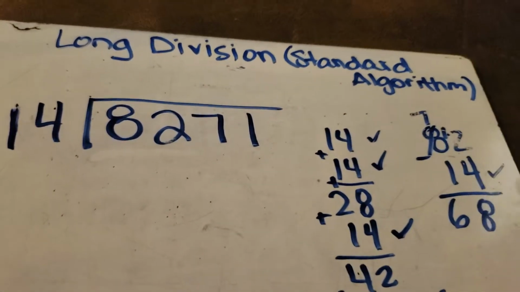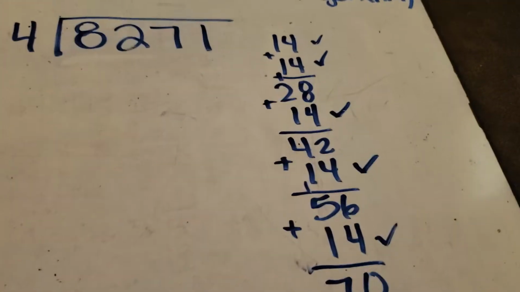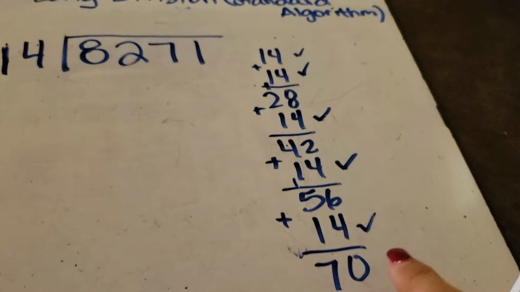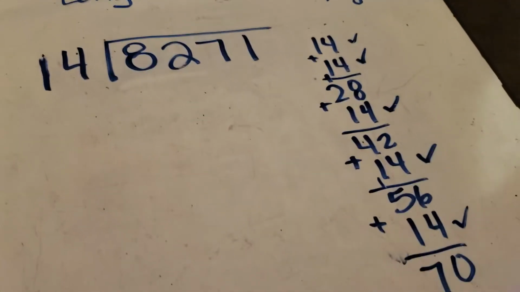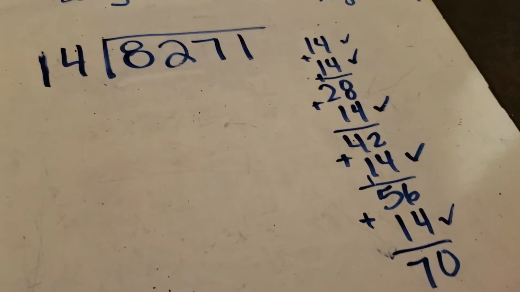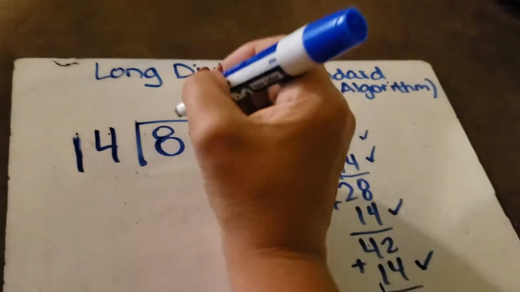Which is the reason why I go ahead and say, you know how in multiplication we do repeated addition? I'm going to do the same thing, count up my check marks, and see how many times it would go in. Again, any of those methods would work. So what we came up with is 1, 2, 3, 4, 5. So I'm going to put my